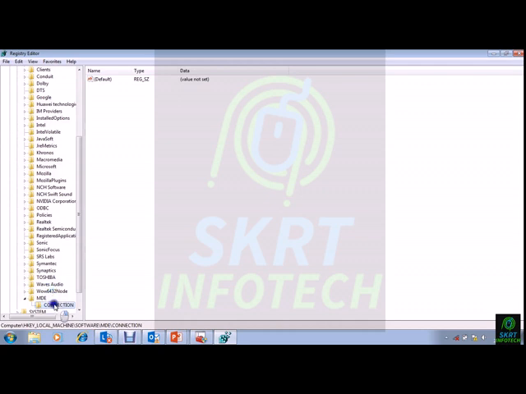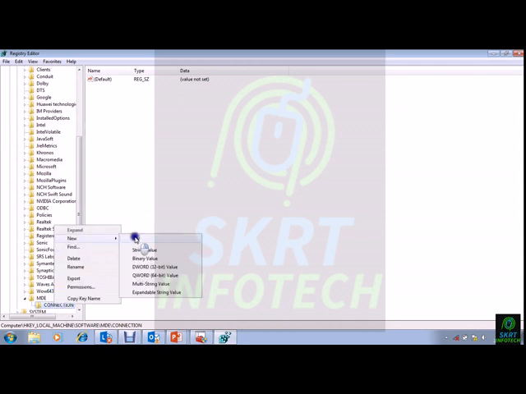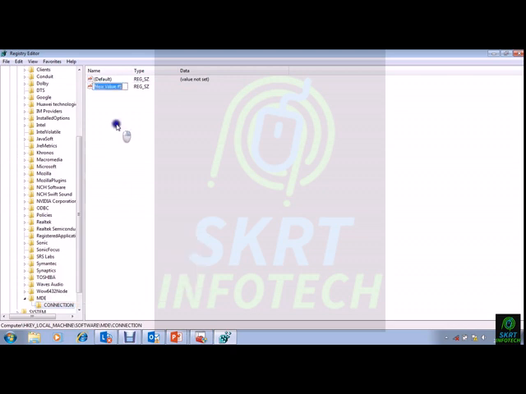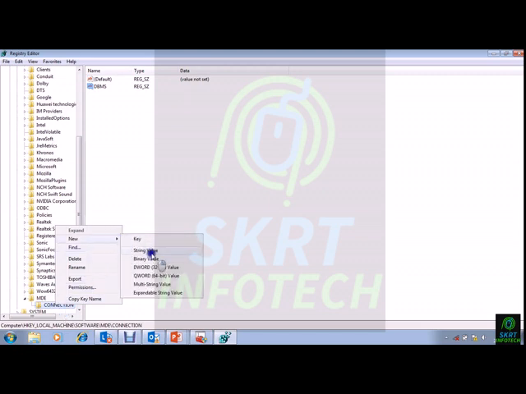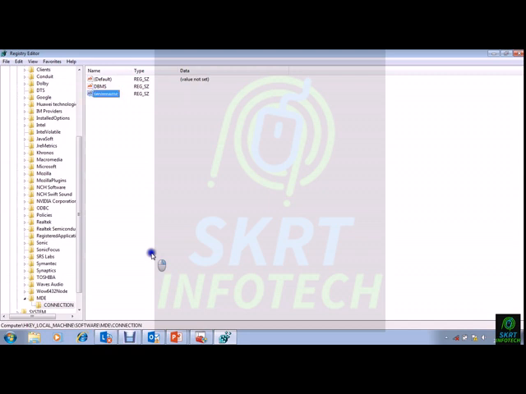Once this is done, we will create new string values in this connection. The first string will be DBMS. The second string will be server name. The server name will be the target server.